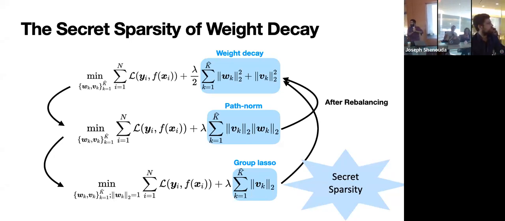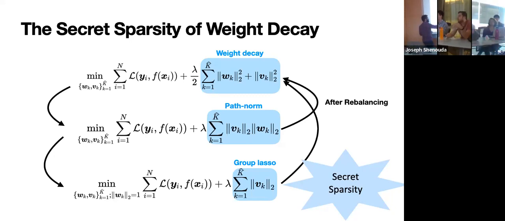Should that be an argument then in the last one? No, I'm talking about the minimum, the objective value of the V. Then you have to have a scaling factor, right? Yeah, the VK has to be scaled accordingly. So this last formulation, I'll call it group lasso regularization. Group lasso is known to induce sparsity, but in the block sense, so you're killing out entire blocks of your vector at a time. Okay, cool. Is this clear? I call this the secret sparsity of weight decay.